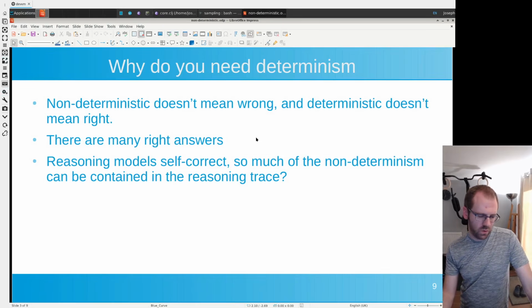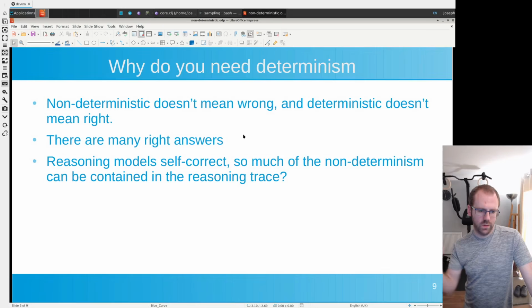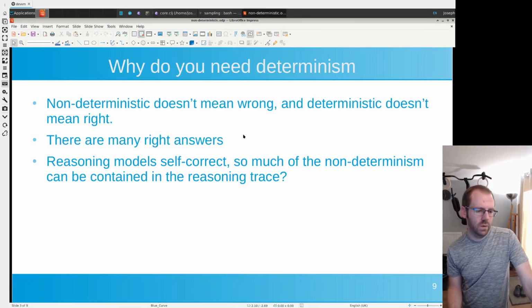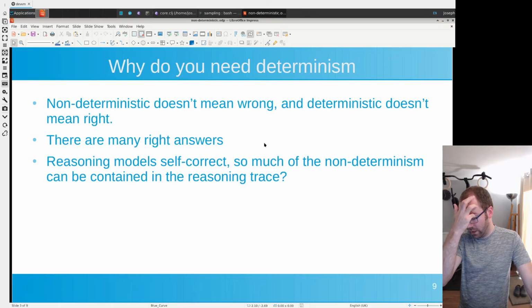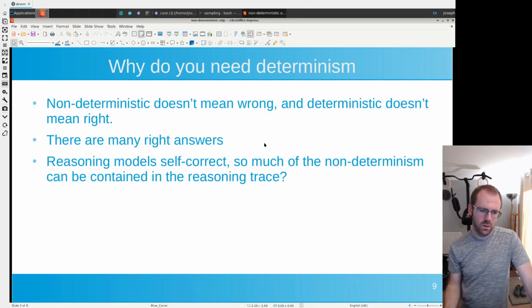The other thing is that most modern large language models are reasoning models, which means they output a chain of thought internally before they give you an answer. So let's imagine you're asking the LLM to do something which has a specific right answer, like a maths problem. Although it might have a different chain of thought every single time, a reasoning model can and does backtrack and self-correct when it makes mistakes. So you should always get the right answer, even if the reasoning trace is different.